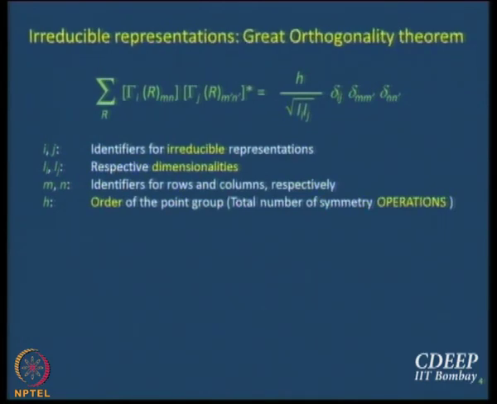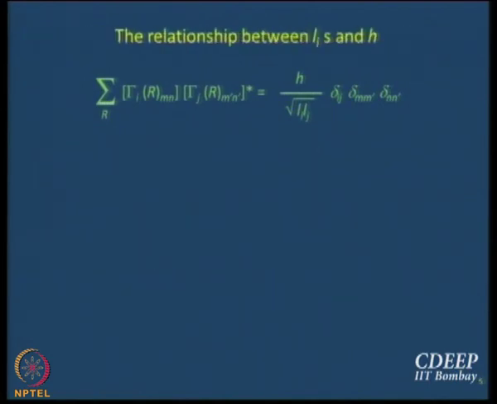Fine. So today we are avoiding the derivations. We are not really deriving anything except for some things that are very simple, no matrix algebra. What we want to learn really is 5 important working rules that arise, at least 4 of them arise from the great orthogonality theorem, and we already know the 5th. So let us try and learn that. The first one is the relationship between l_i and h. I think it is a bad idea to write l_i's. l_i is enough.